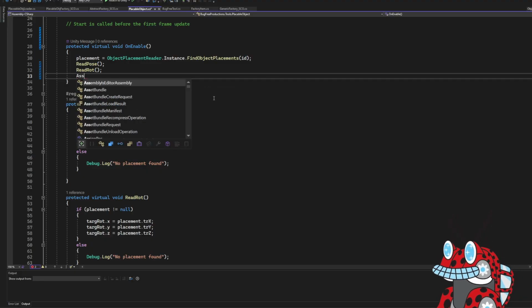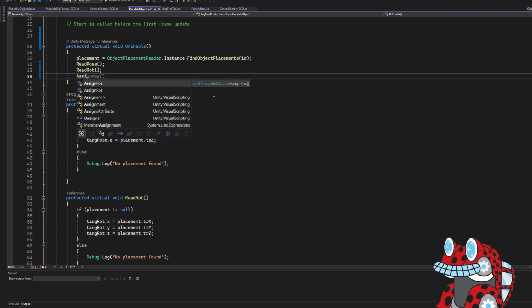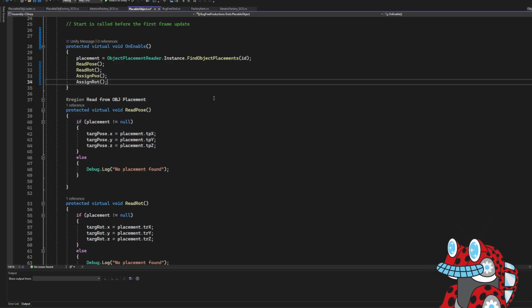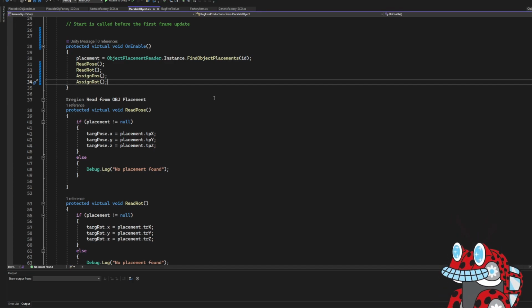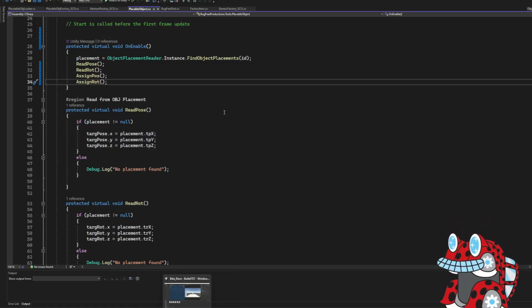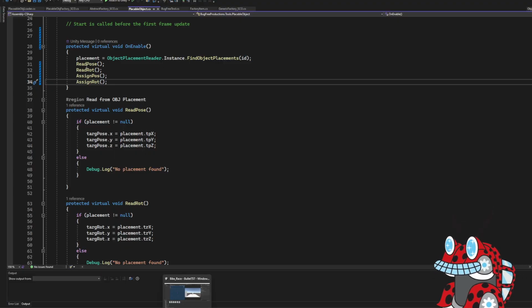It's assign pose, assign rot, save. Let's see what our actual versus expected is, which is, I'm hoping,